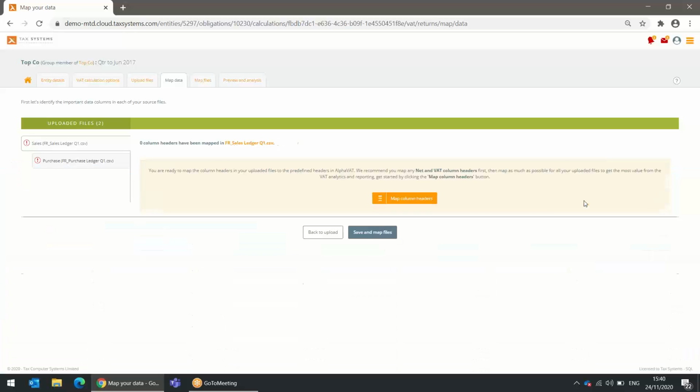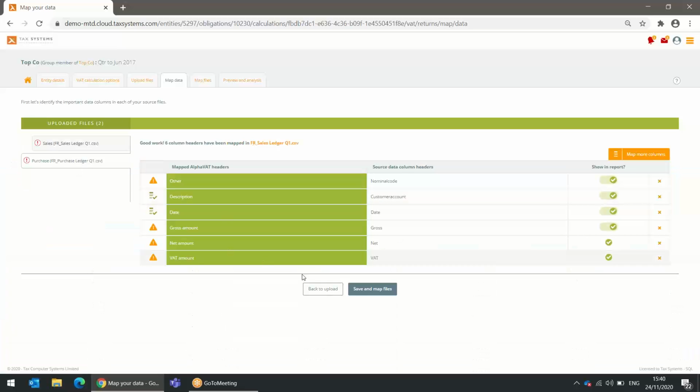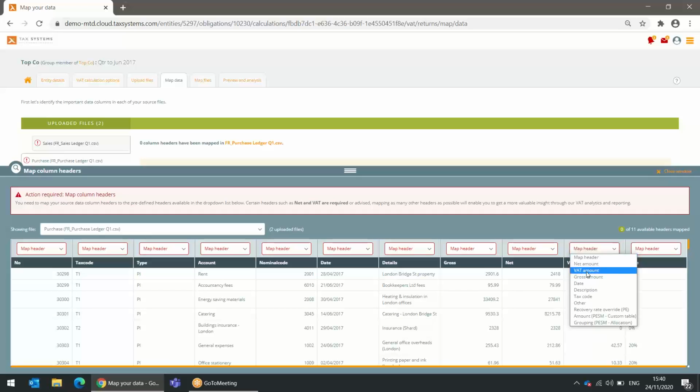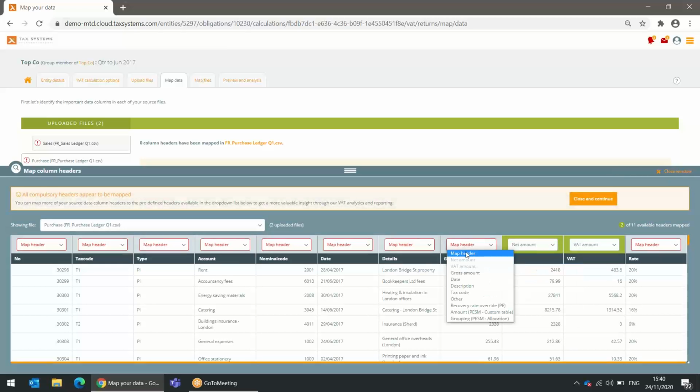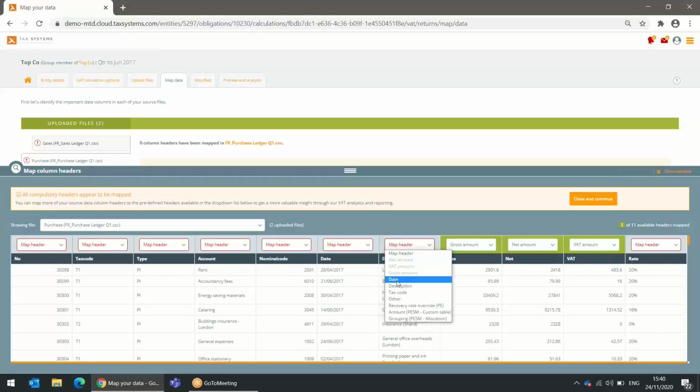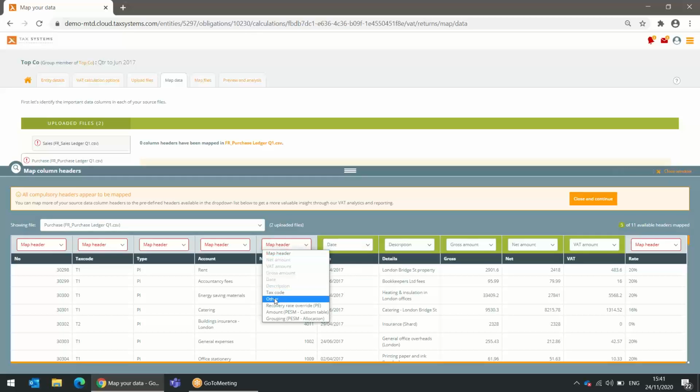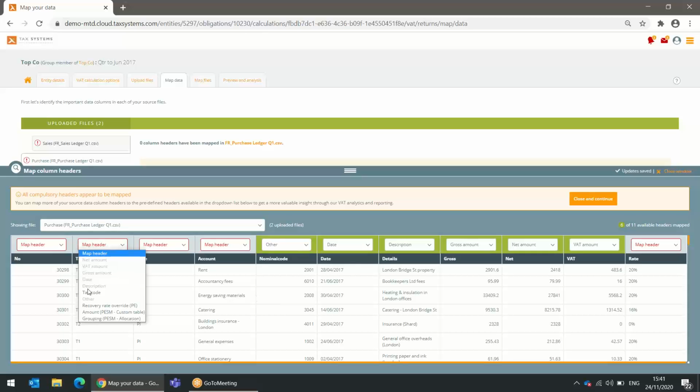Now, what I'm doing on screen is not part of the overall user experience. As I mentioned before, this is done by our VAT implementation team. To give you the reassurance that the numbers flow as they should, we will do a parallel run. So we will take a cut of a prior year quarter that you've already submitted, run that through the system, and get to the correct numbers, giving you the reassurance that the numbers are as when you submitted them to the revenue. Once this is done,